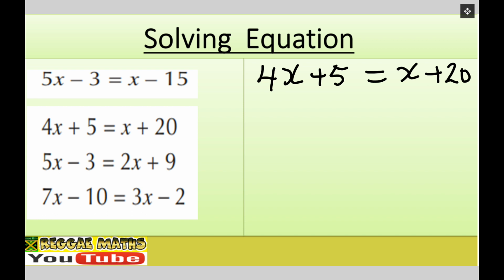So here, again, your aim is to keep the bigger x on the side it's on. So here I'm going to take 5 from both sides. If I take 5 from both sides, on the left side I'm going to end up with 4x equals to